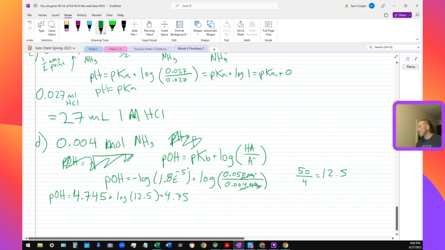I just rounded a digit. Something crazy like that. .84 equals the pOH. So the pH is 14 minus that, which equals